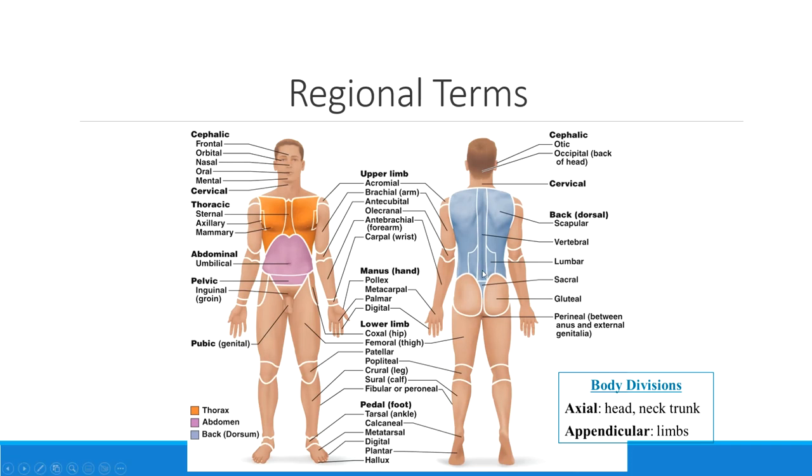So the lumbar region at the very lowest part of the back, the vertebral region in the middle, and the scapular regions on the side. Now let's start transitioning down into the legs. When we talk about the legs, some terms are the same on the front and the back, and some terms are different. Since we were talking about the back side of the body, let's start over here with the backside